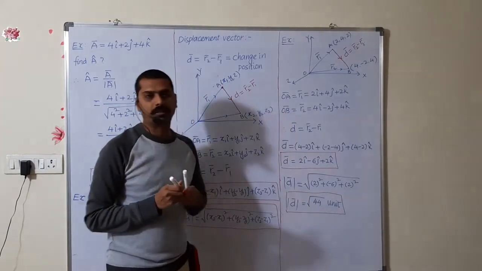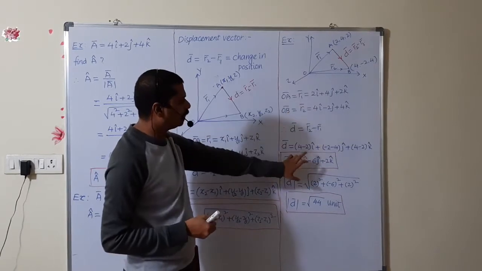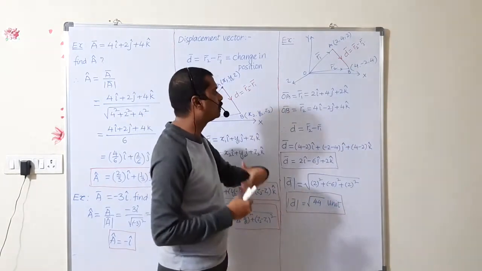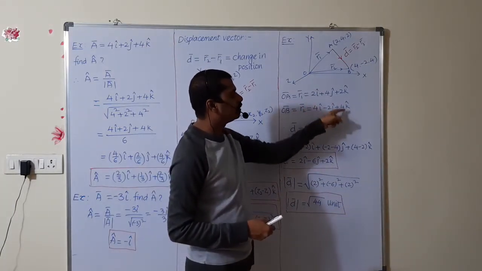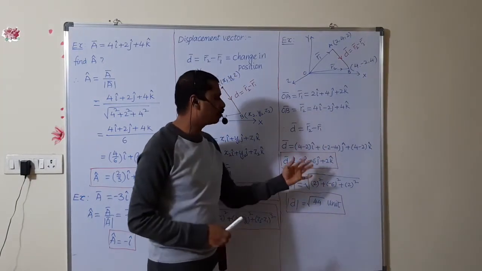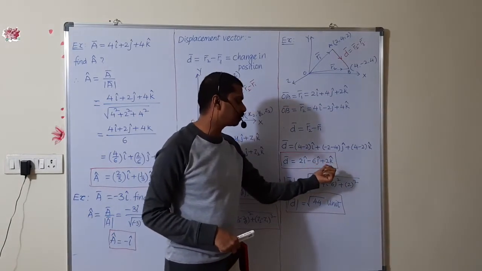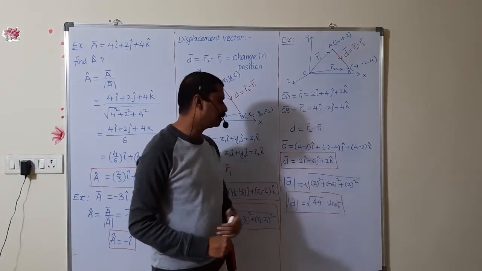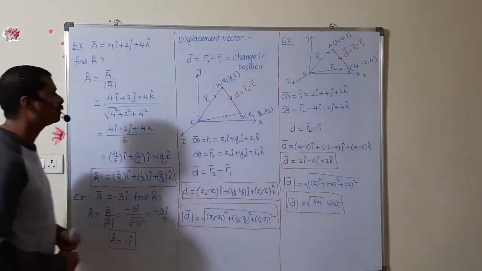And this is the magnitude of the vector. Like that, if any sum is given, we have to take x2 minus x1, y2 minus y1, z2 minus z1. Otherwise, simply subtract the x component, y component, and z component. Then, whatever values we get, take the square of the x component plus square of the y component plus square of the z component under root, then it will give the magnitude of the vector. Now we will solve another sum.